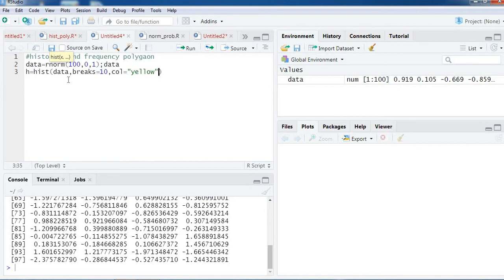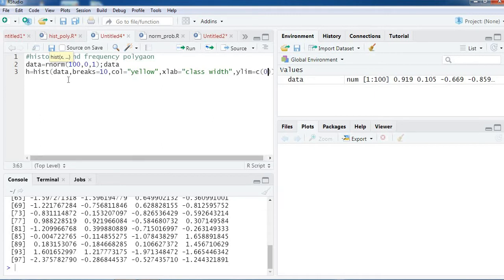Let's use color yellow, and x label would be my x-axis, which is class width, and let's take y limits from 0 to 30. So this command will construct a histogram,